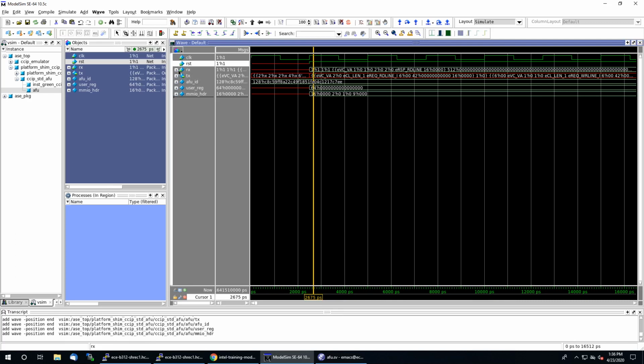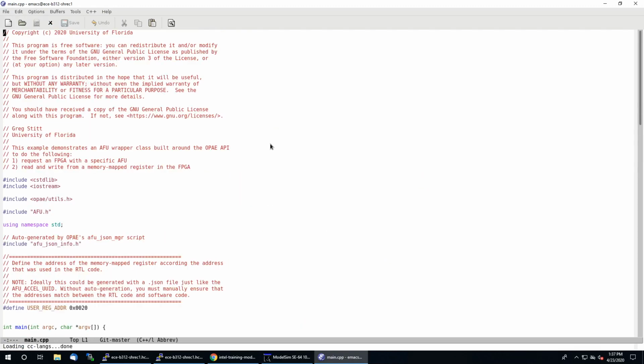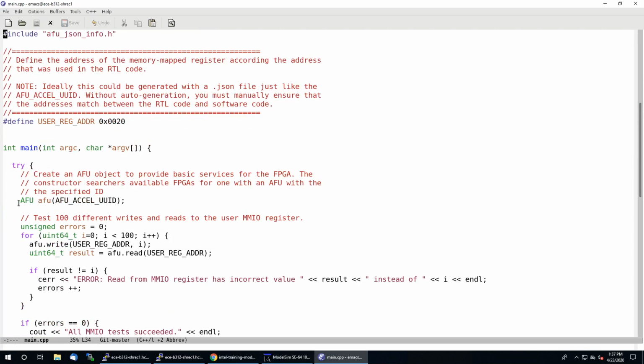All right, so essentially what this application is doing is reading and writing things over memory mapped I/O. And we know one of the first things that's going to happen, if we just look at our software, is that we create an instance of this AFU wrapper class. And what that's going to do is try to find an AFU within the FPGA that has the identifier that